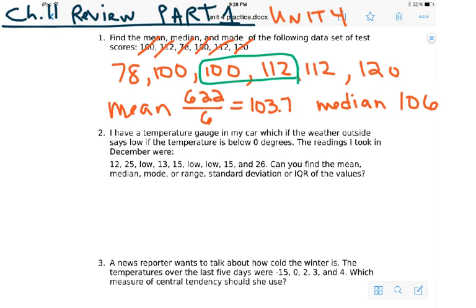And then the last question is, what's the mode? Well, in order for there to be a mode, there needs to be a number that occurs more than once. And it happens that there are 2 numbers that both occur twice. So we say that both 100 and 112 are the mode. We call that bimodal. Now, in order to find the mean, remember there was another way that you could do